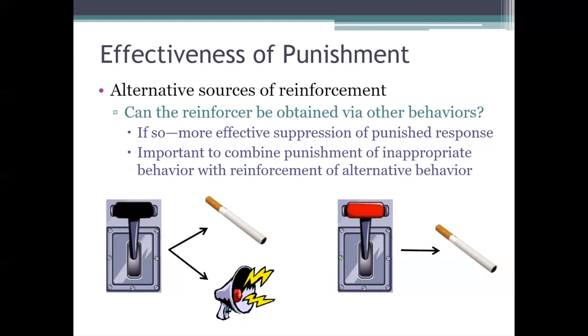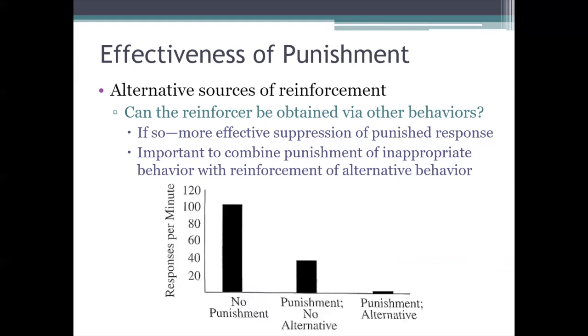And guys, there were two conditions during that punishment phase of the experiment. In one of them, both levers were available to the participants, with one producing the noise and the cigarettes, and the other one only producing the cigarettes. And in the other condition, only the punished lever was available. So in that condition, the other lever was inoperable, it was locked in place. And you can see the results of the experiment in this graph.